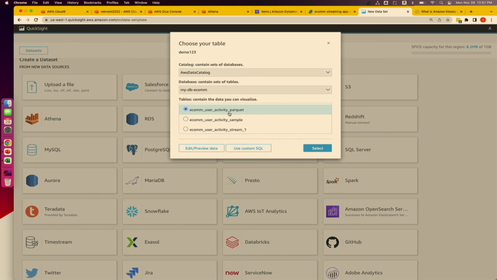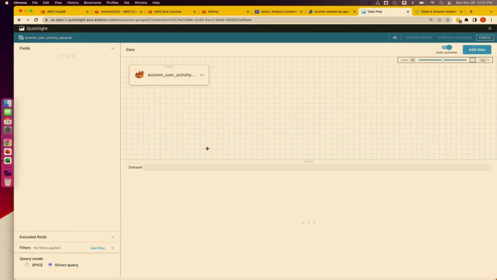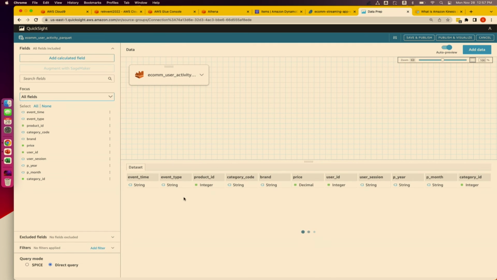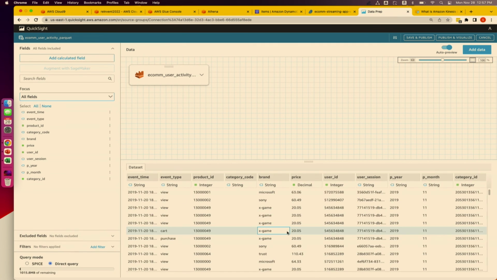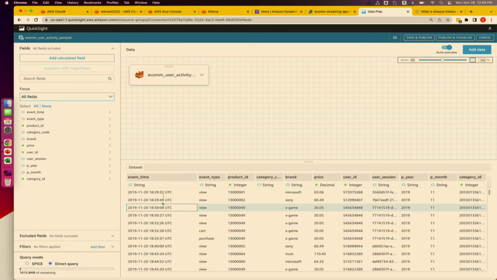Now if you select this, this is our table, if you remember, activity Parquet. If you edit and query, you will see that whole data, right? This is the data which we have seen in Athena, but now in a tabular format here. Now you can save and publish. One thing I would like to share here, which I realized when I was trying to do this demo, is that this is a date-time format, but it is in string format, right? Because that is how the data is saved in my Glue catalog or Athena.